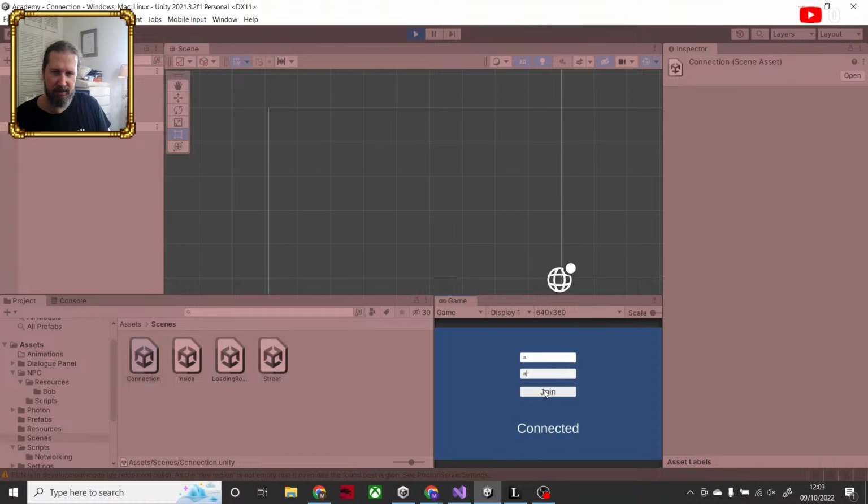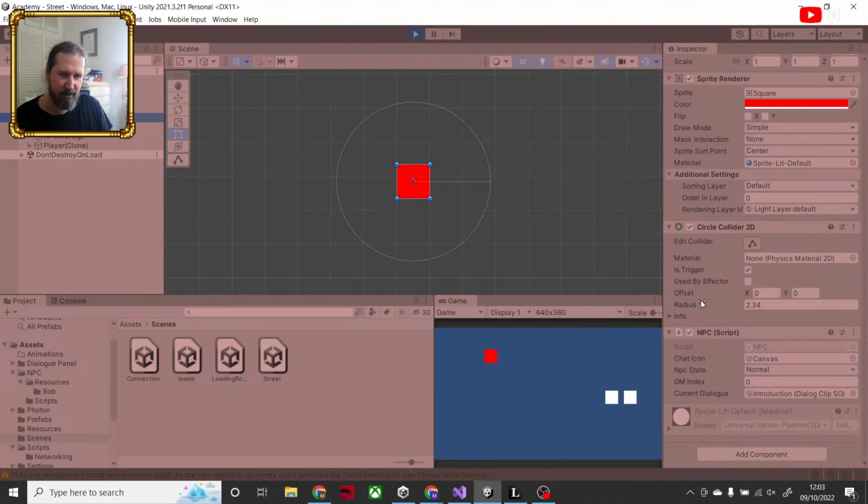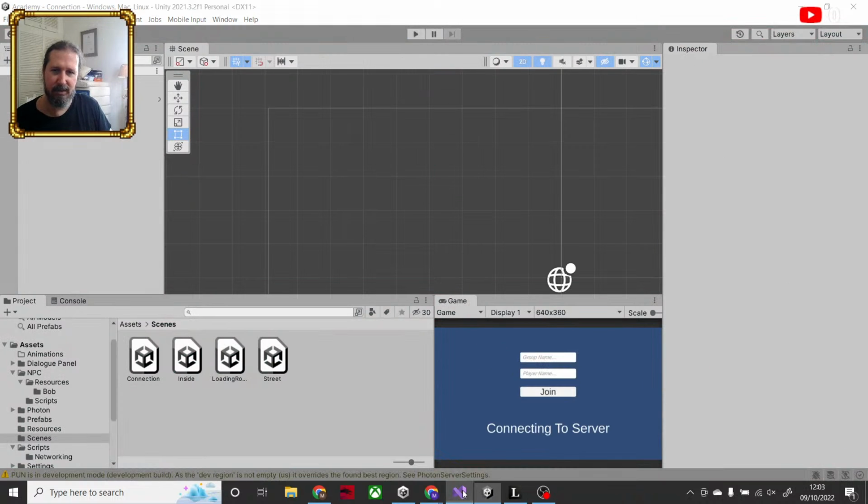A join loading room street. I see no errors below. Here's Bob, and it worked. So it found the game object Bob. It got its NPC. It looked in the correct folder, and it found the introduction, which means stuff.